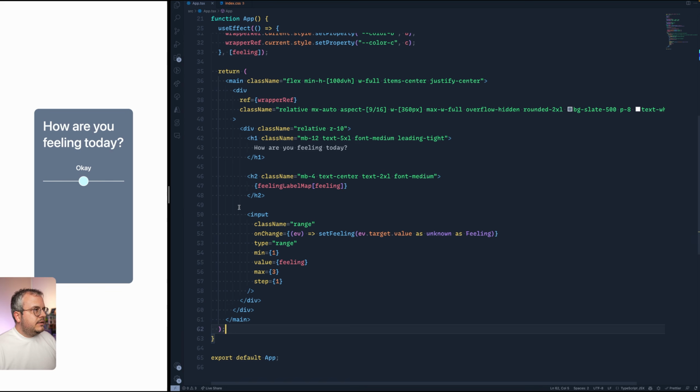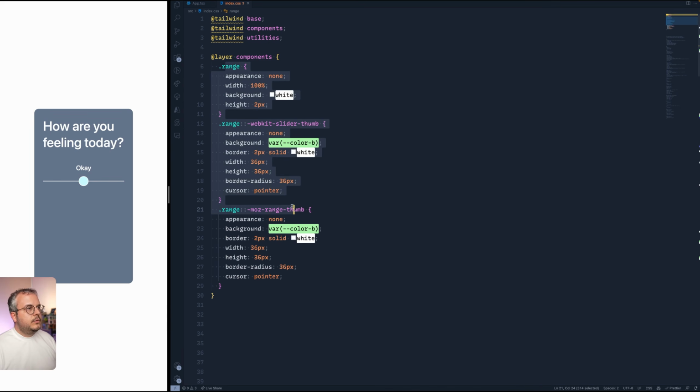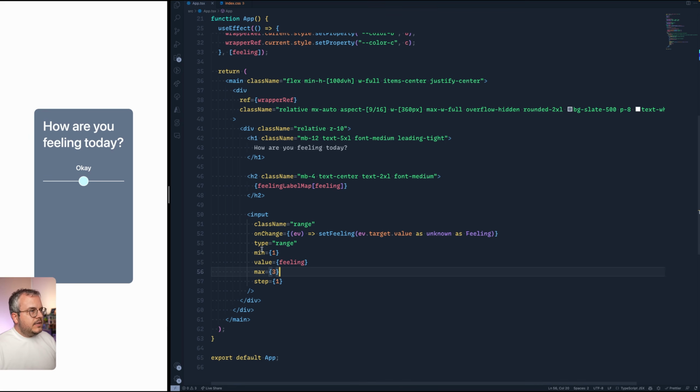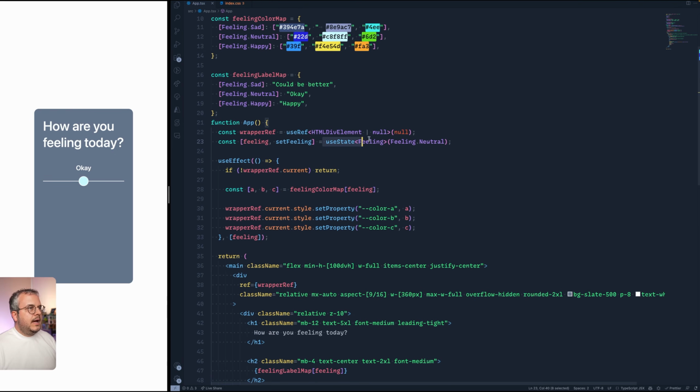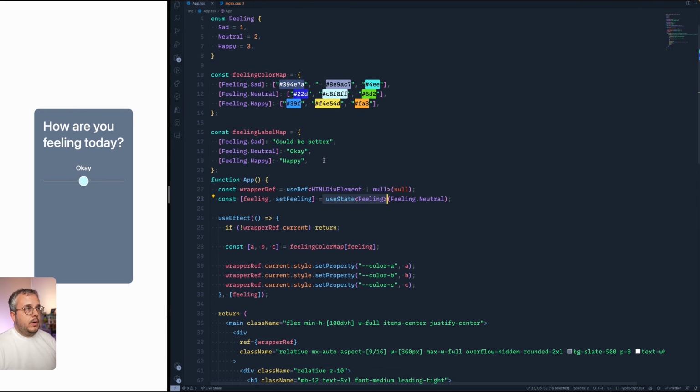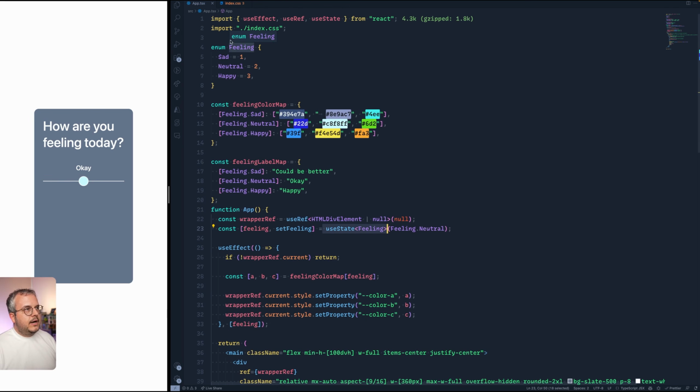So what you see here is we're using a range input slider, and that is actually styled with some custom CSS. And the stylings for this you can find in the index.css, because we needed to write a little bit of custom styling for it. But that range slider, whenever you change the slider, it will set a specific number between 1 and 3, and that will be stored in the state. And that state will be a number either 1, 2, or 3. And in our case, we're using a little bit of TypeScript to map that to sad, neutral, or happy.